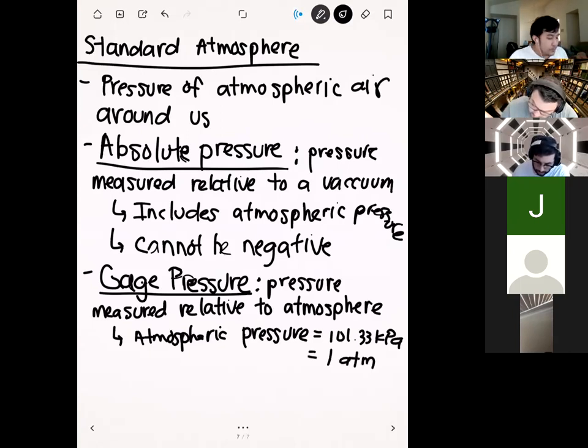Another unit that you'll see often in the literature, or if you read other textbooks, is the unit of atmosphere, or ATM. Atmosphere is a very special unit of pressure that's specialized for atmosphere. A pressure of 101.33 kilopascals is the same as 1 ATM. So that's your conversion factor right there. If you get a problem where it gives you the pressure in terms of ATM, and you need to convert it to pascals, you can say that 1 ATM is equal to 101.33 kilopascals.